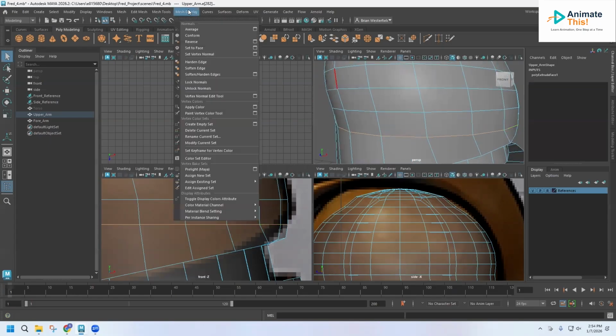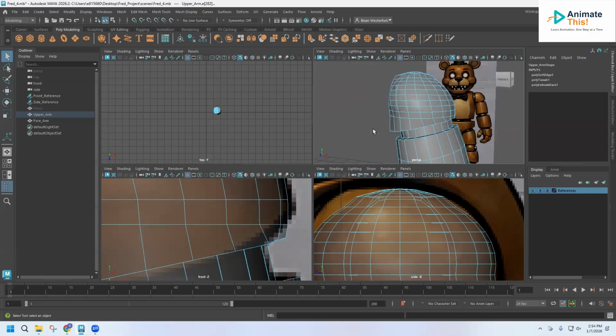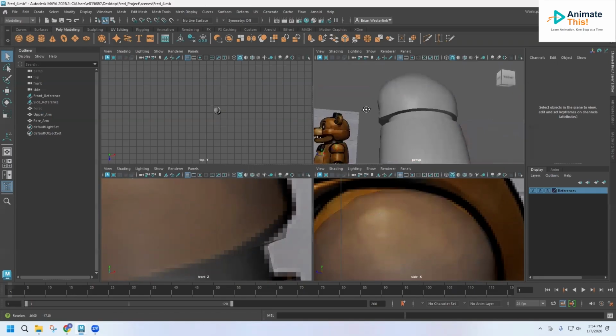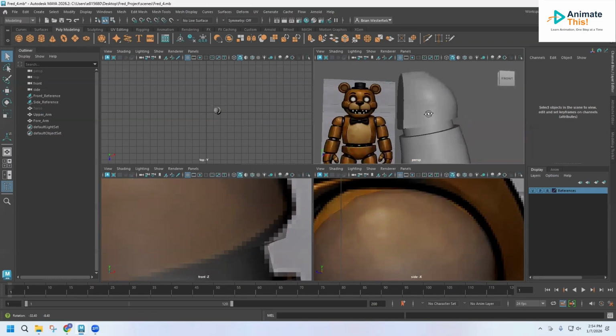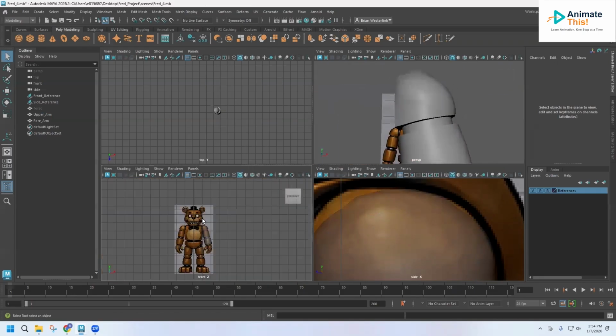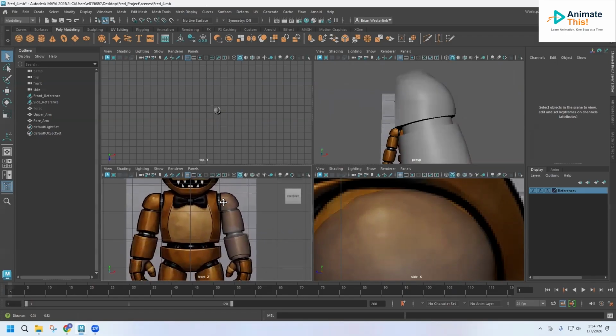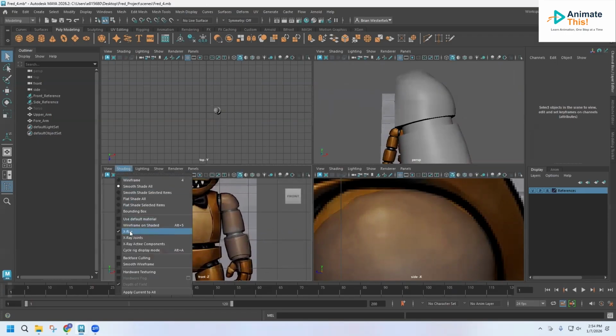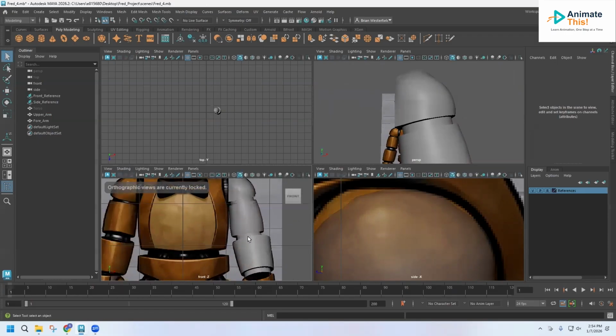And I'm going to go to mesh, display, soften edge. When I do that, if I go to object mode and click away, you'll see that it gets rid of that hard lined edge. So now if I zoom out a little bit, turn off X-ray shading,